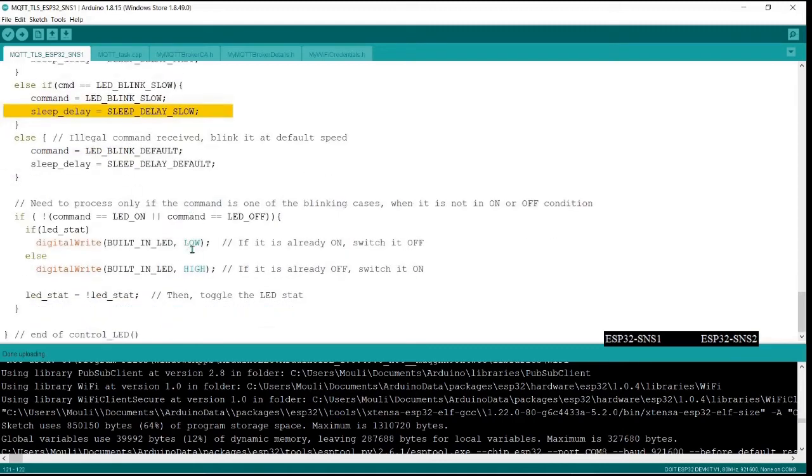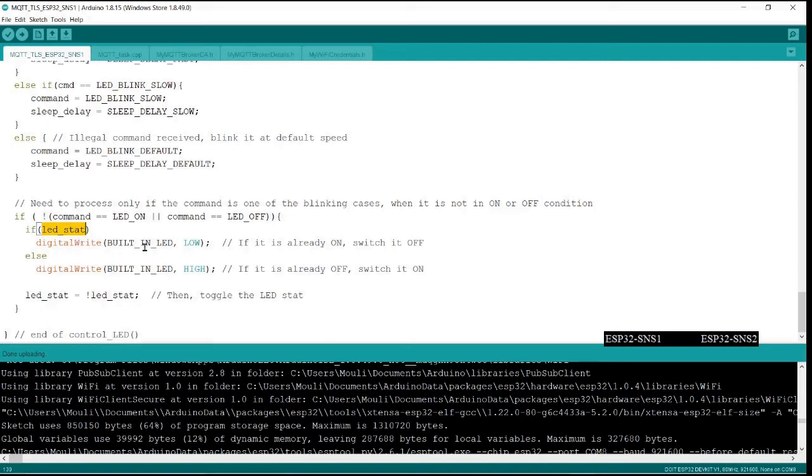You will be able to understand this logic. It's not very complex. And if it is on or off, then I don't need to alternate the LEDs. Otherwise, I need to alternate it. That means I need to maintain the state of the previous value.